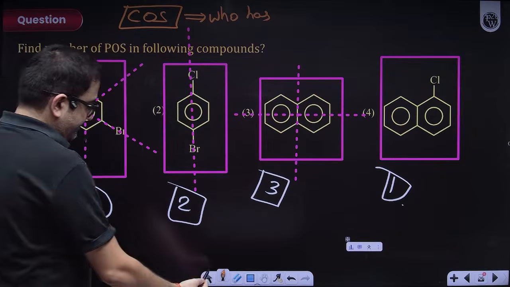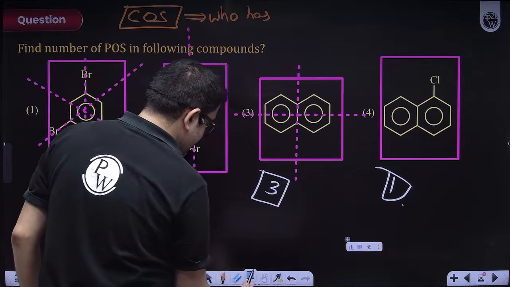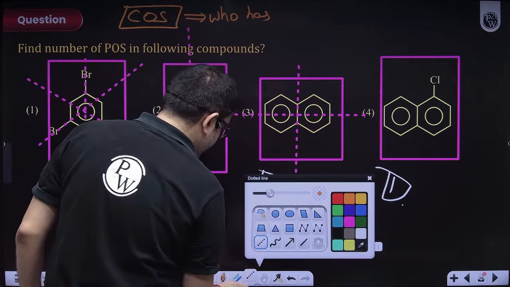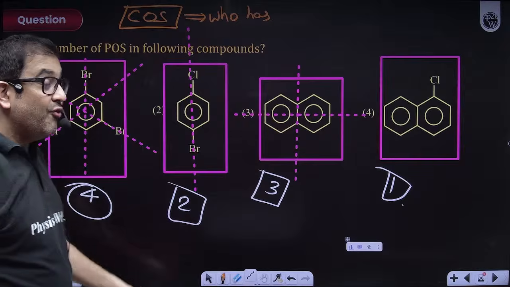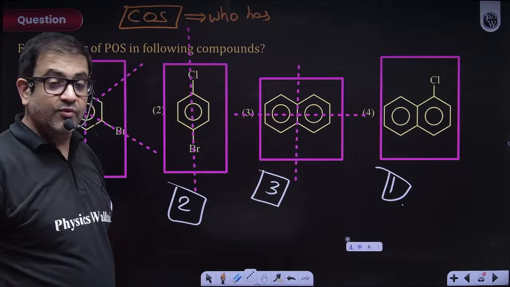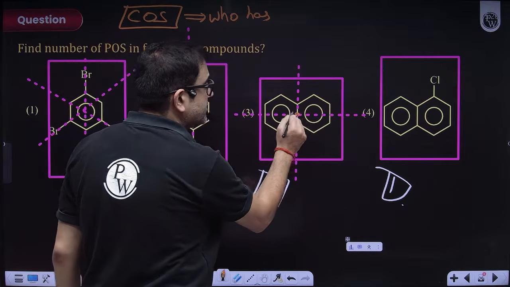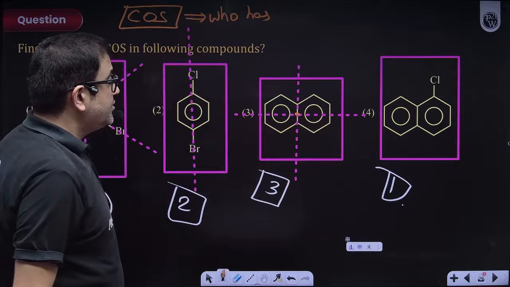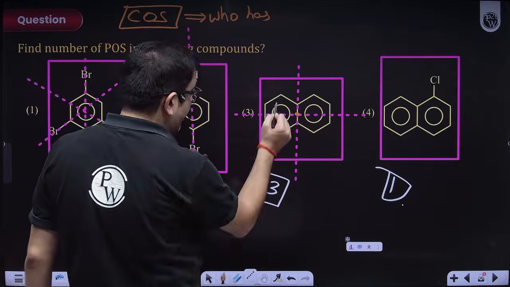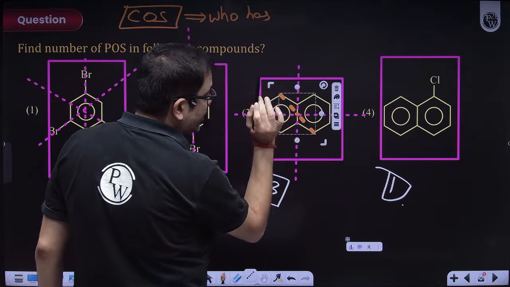Why? Arey, sir, come on, sir. By this much we are now heroes, sir. Let me draw that and make you realize it with a different color. Beta, see, what is actually a center of symmetry? This is a complete planar molecule. So what will be the body center? This will be my body center, obviously, because this is just a planar body. If from this carbon I'm moving to this carbon along the body center,